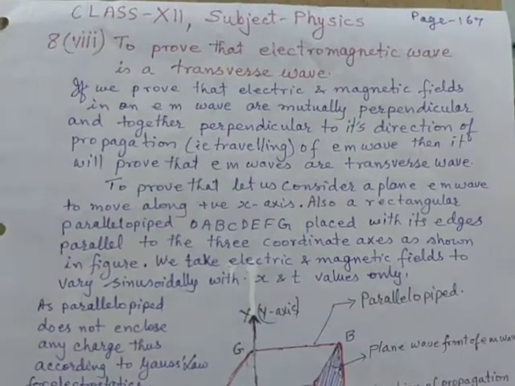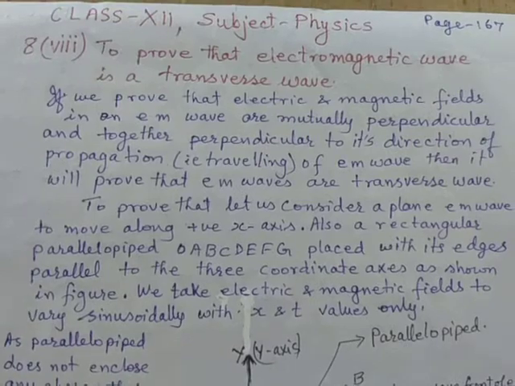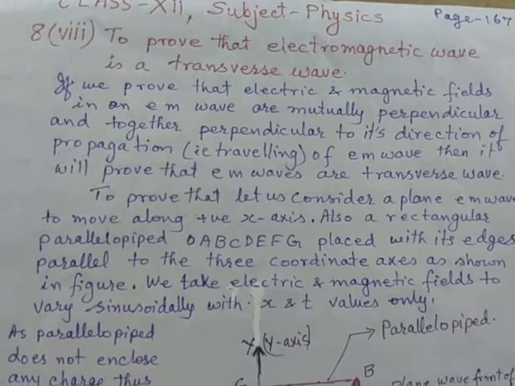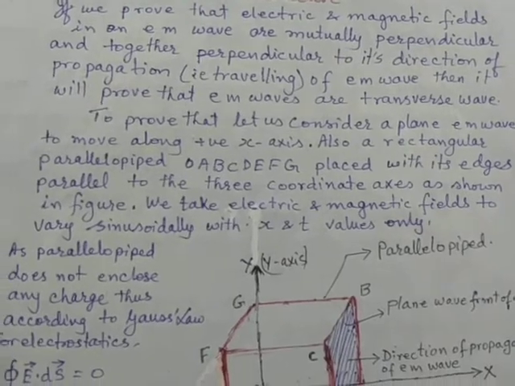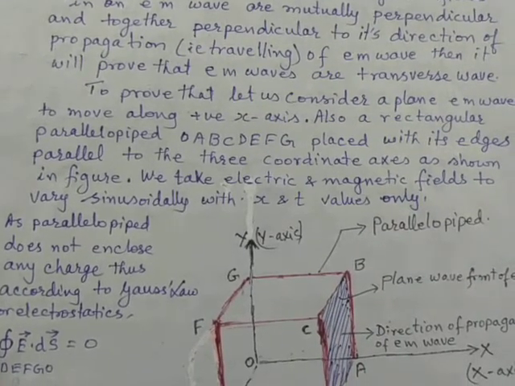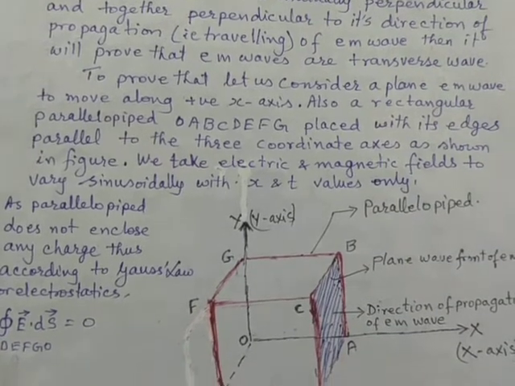Class 12. Today we will try to prove that electromagnetic wave is transverse in nature. For that, we consider a plane electromagnetic wave to move along positive x-axis. Also a rectangular parallelepiped